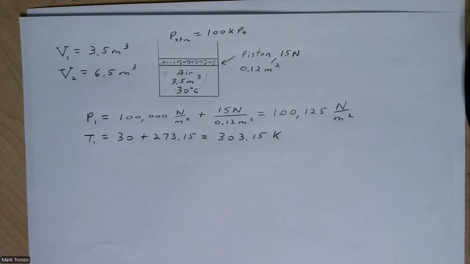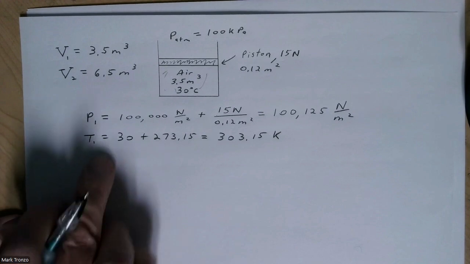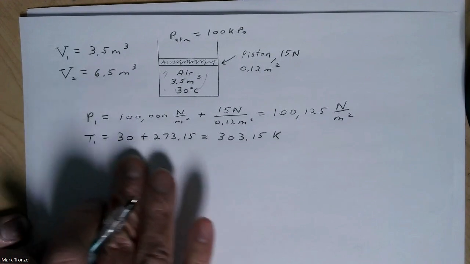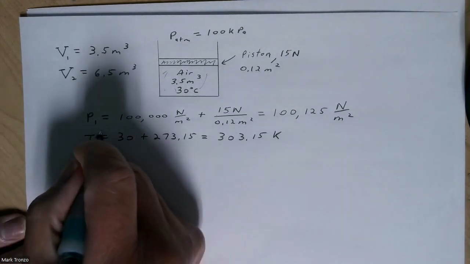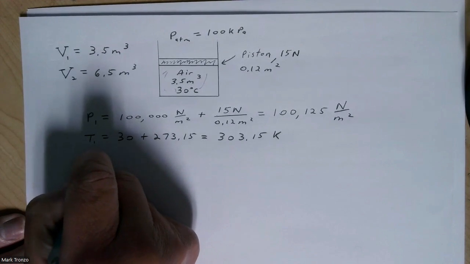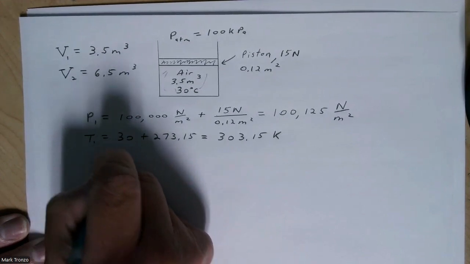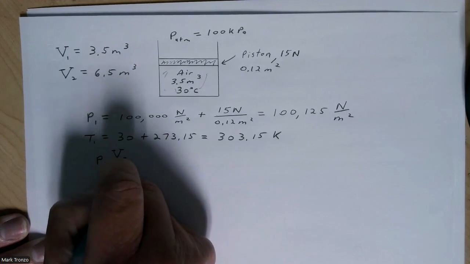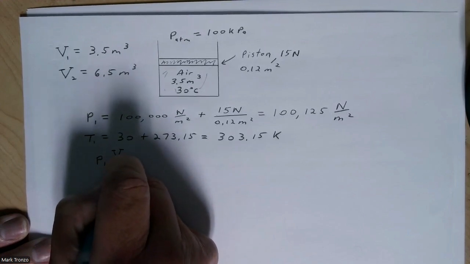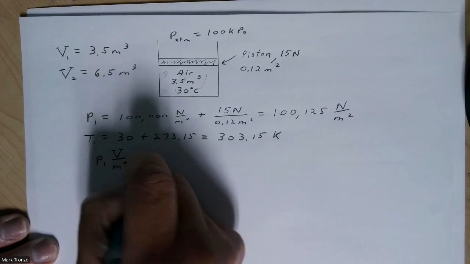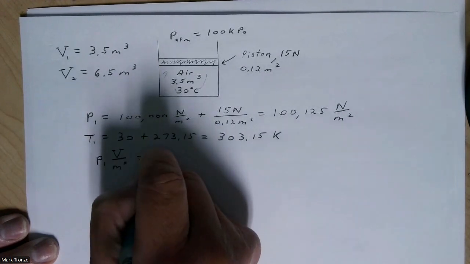Now you could actually manipulate the equations and work it out that way. A lot of times what I like to do is just actually find the actual mass to start with. So again, we're going to have P1, V1. I'm going to write it this way. I'm going to write mass with a star again, equals